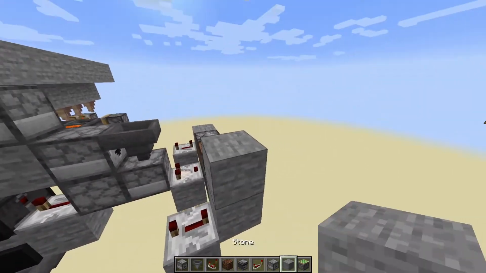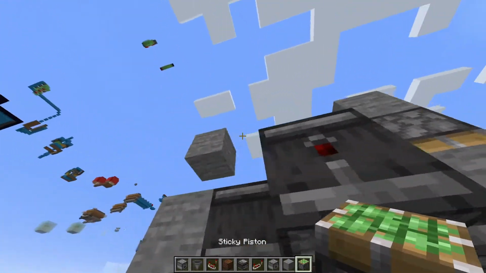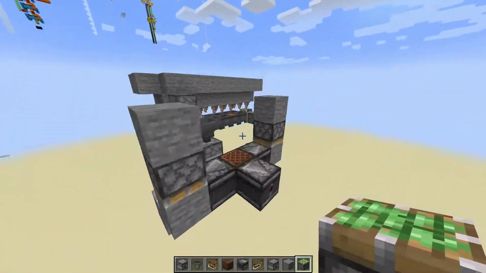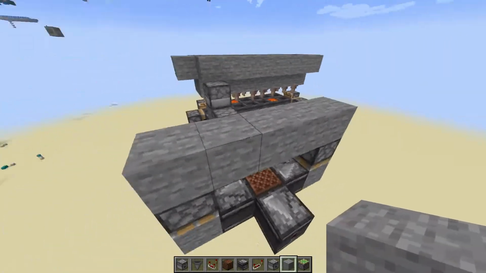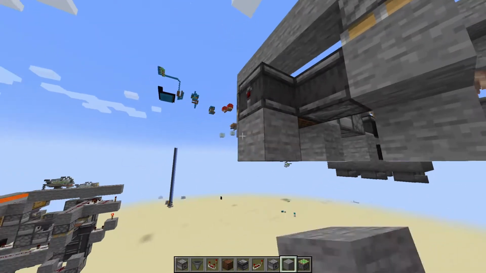You're going to want to come up 2 blocks from each of these stone ones here on the sides with a sticky piston that faces downwards like this. You then are going to want to link these blocks up here, just like that, with some stone. Then from this observer you just placed in, you want to come down one over one,